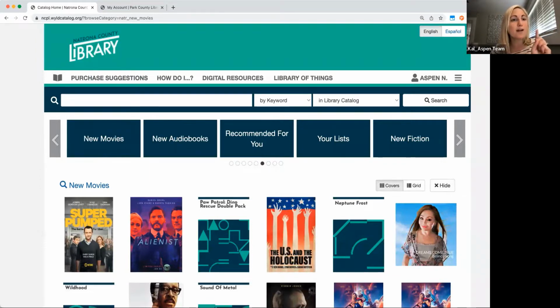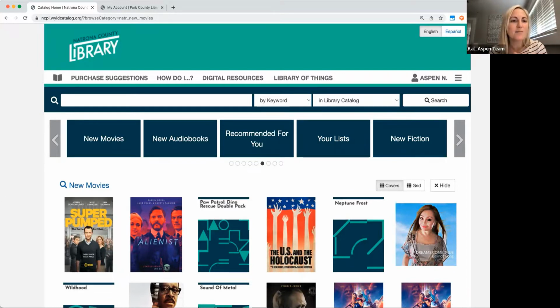Okay, there's one more personalized browse category that I'm going to show you, and then I'll take some questions about this. So there's also the option to save searches. I love this very practical example of the person that only reads James Patterson, and James Patterson has 10 books a month that come out, for example, and you just can't keep up with what has been published. Or you have that patron that's stocking your DVD cart and they want to see every new DVD that maybe you've purchased, for example.